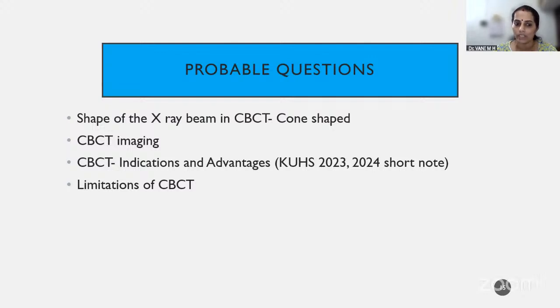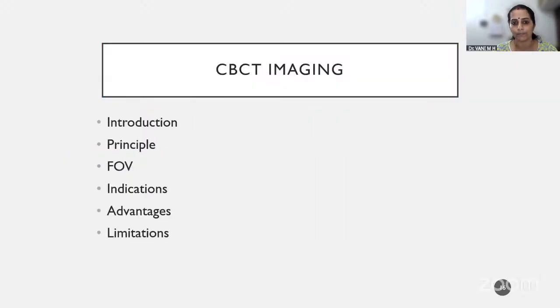Artifacts, I doubt it. There are artifacts in CBCT, so that is the other part that we are not covering today. But artifacts in CBCT, I guess for UG level, they may not be asked. Mostly they would be asking indications, advantages, and maybe limitations. Even if a general question as CBCT imaging is asked, you need to highlight under these headings a small